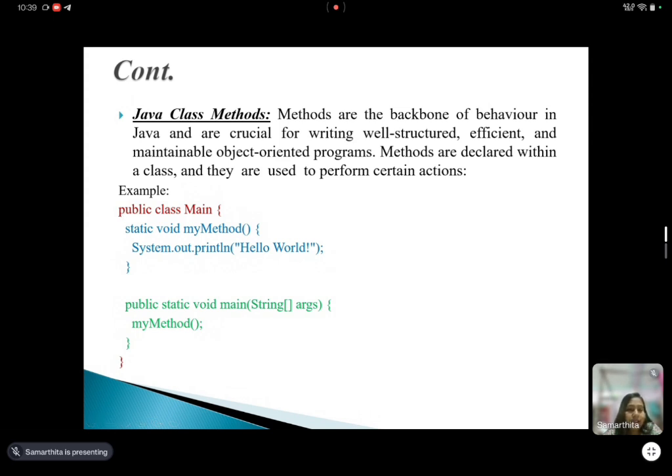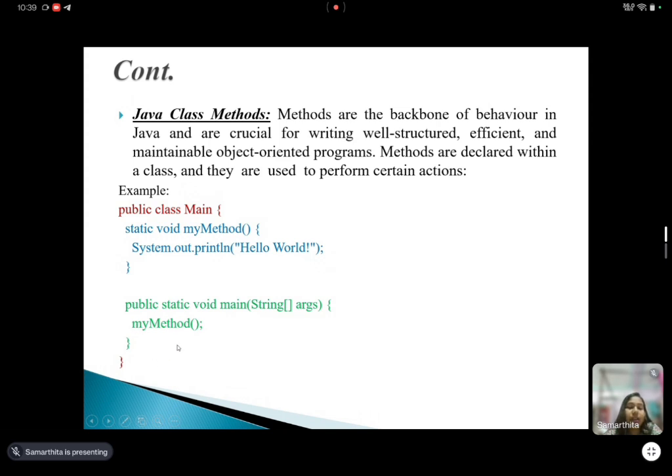So public class main, static void my method. My method is the method name here, and here we will be printing hello world, okay. And now again, the public static void main, that is the main function, the entry point of any program written in Java, and then it will call my method.